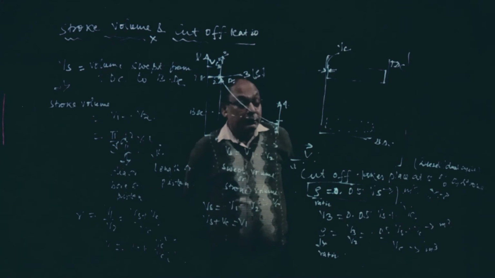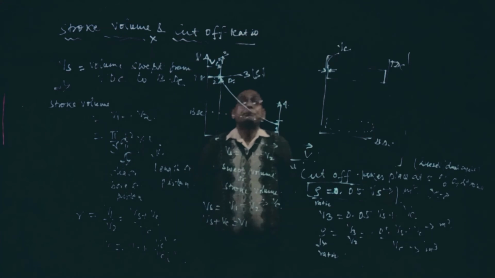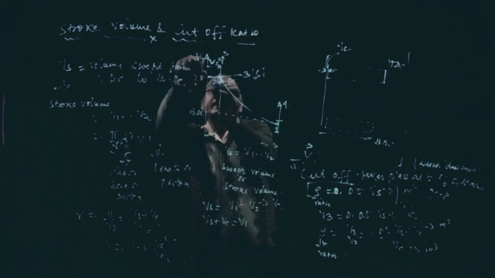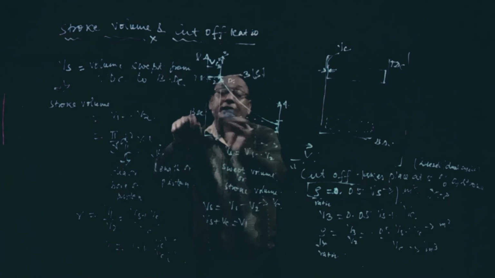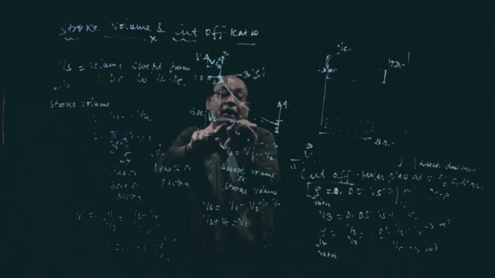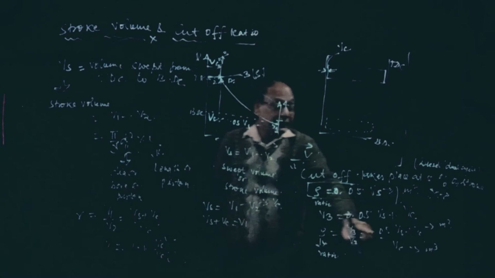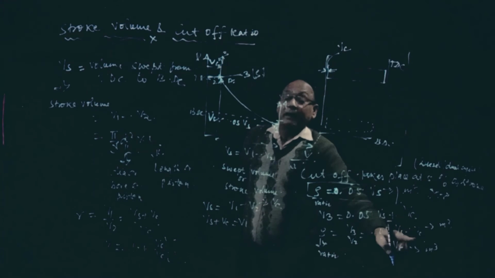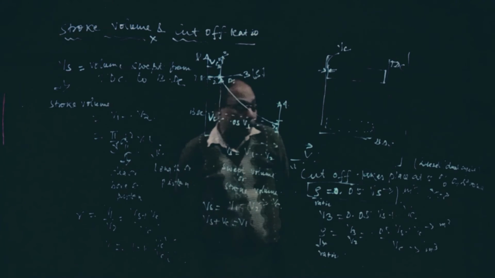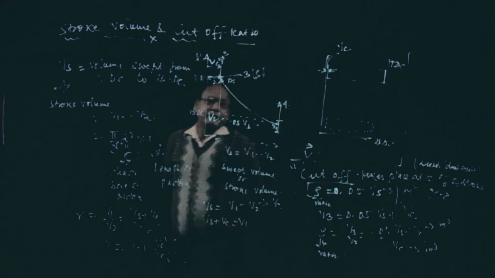What we have to do? Cutoff means V3. So 0.05 of stroke volume plus clearance also. So you have to take the volume from here. It is Vc plus the stroke, that is Vc plus 0.05 of stroke volume. So if you do like this, V3 is Vc plus 0.05 Vs, and V2 is already Vc, the clearance volume. By that way we can find out rho. So this will be very useful in solving the numerical.